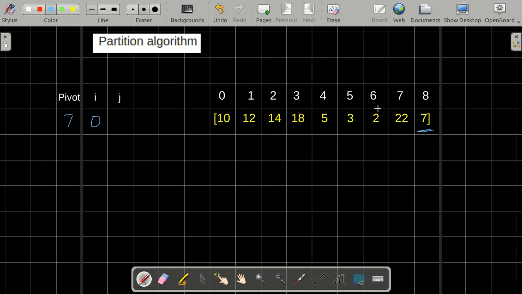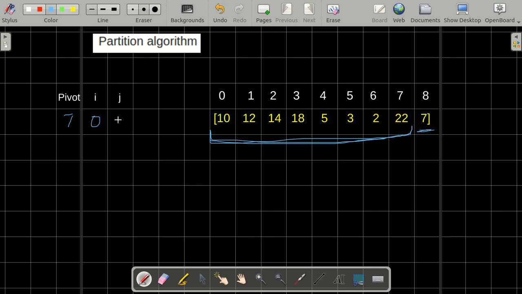So any element which is smaller than the pivot will be inserted first over here, and then we'll keep on inserting them in the forward direction. Now I'll iterate my loop over the rest of the elements. j is the index which will help us traverse through the array.